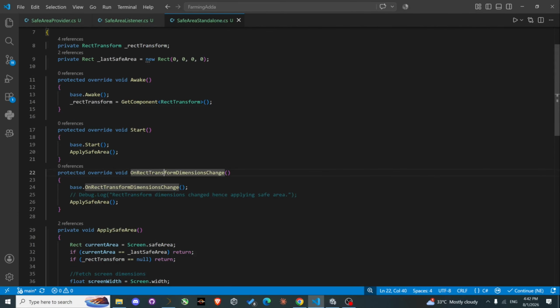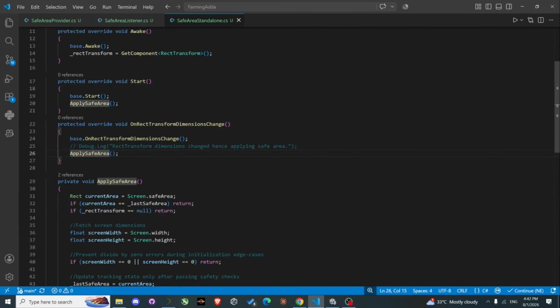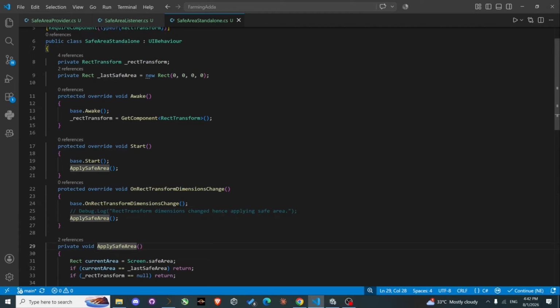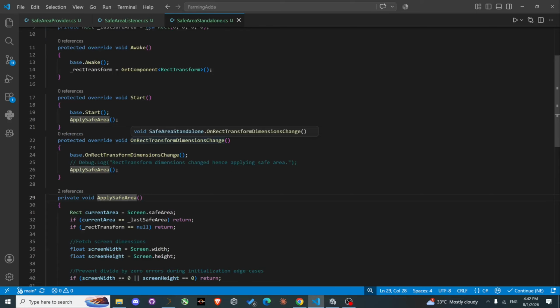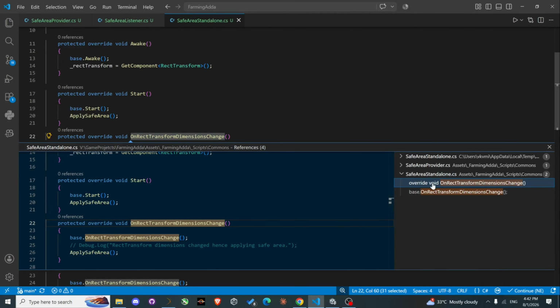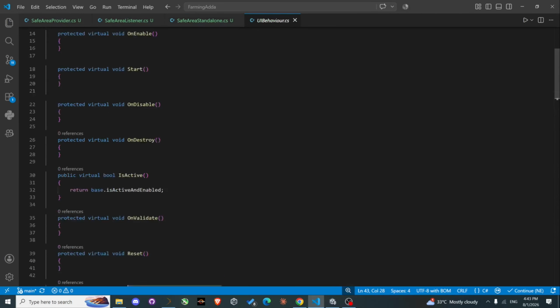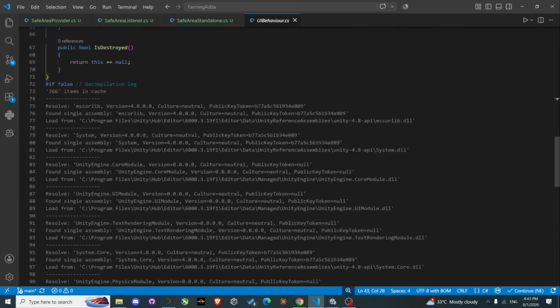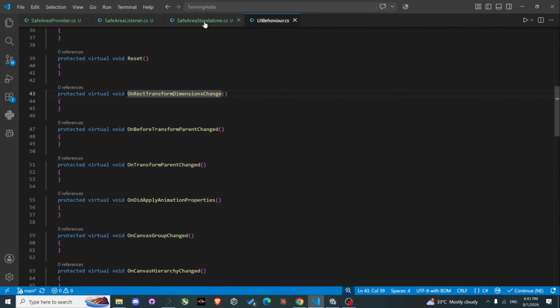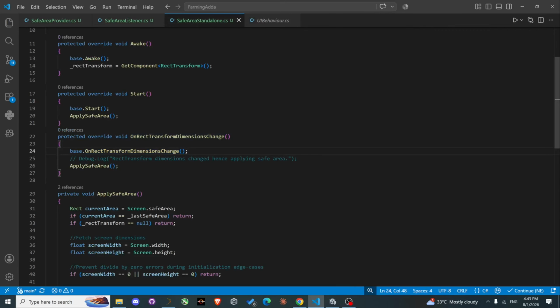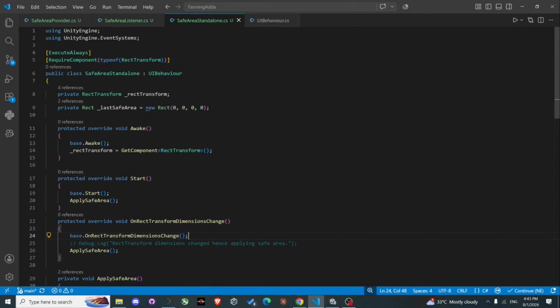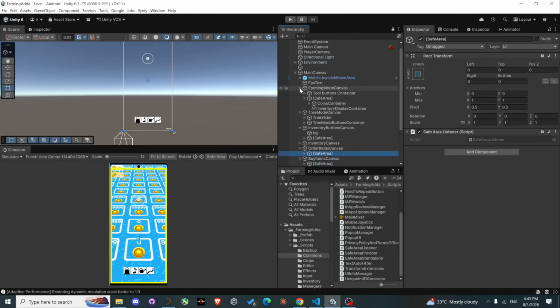So the base script runs on the RectTransform, and with that the safe area is also adjusted. Okay, let's look at the base script and how it does this. In UIBehaviour we have this. Okay, so it does work, and you can just attach this with the other safe area, like I'm going to show you. For example,